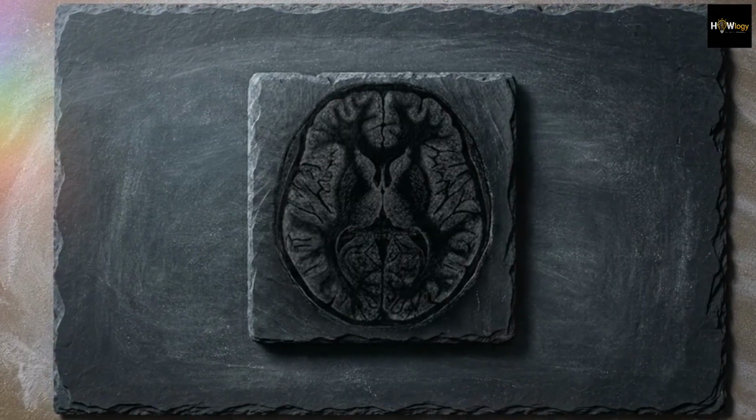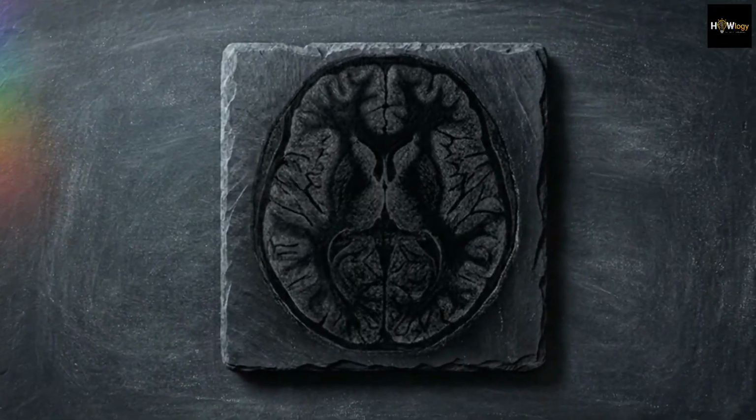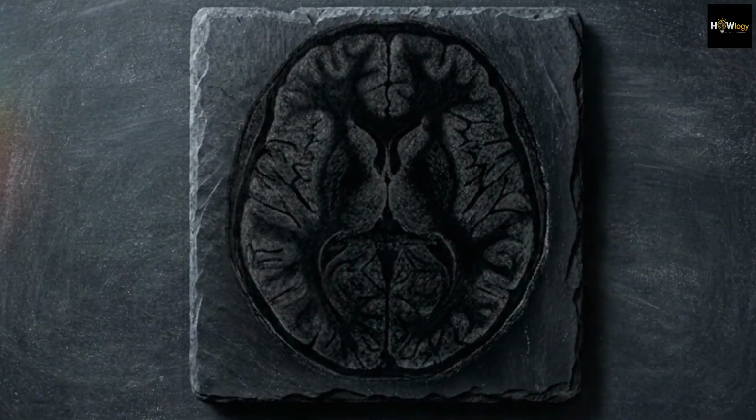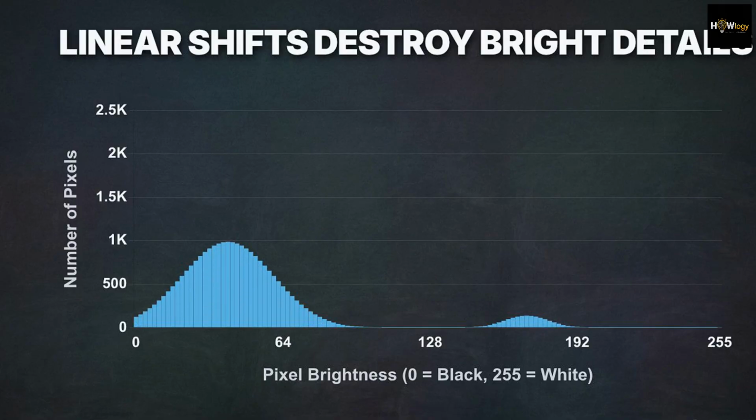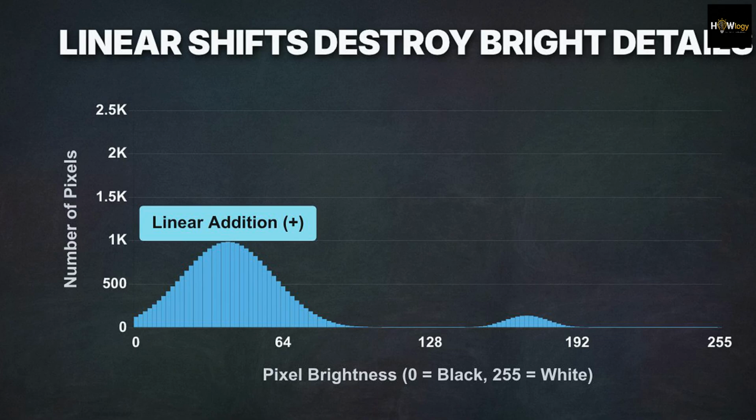A doctor is scanning a digital mammogram, looking for the faintest sign of an anomaly, but the vital details are buried, hidden completely within the darkest pixels of a scan. The instinctual fix is to simply turn up the brightness. In image processing, we call this a linear transformation, applying the exact same mathematical increase to every single pixel across